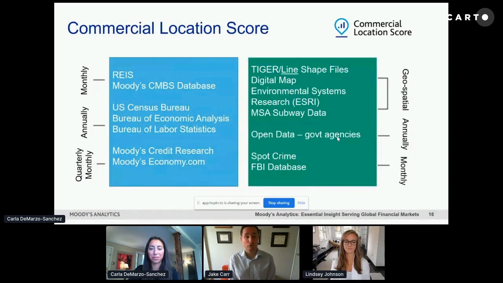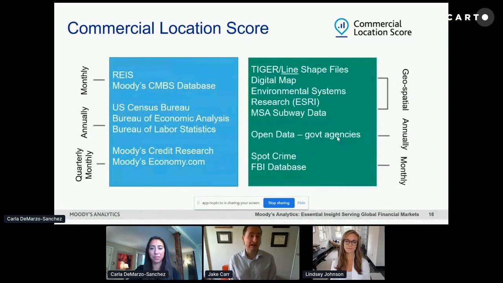Here are some of our sources. Some are public, some are proprietary. We use a lot of data from the Census Bureau, some of their TIGER/Line shapefiles, as well as their economic surveys, county and zip code business patterns. On the proprietary side, we absolutely relied extensively on REIS data. In fact, our spatial demand component is built exclusively with REIS outputs.